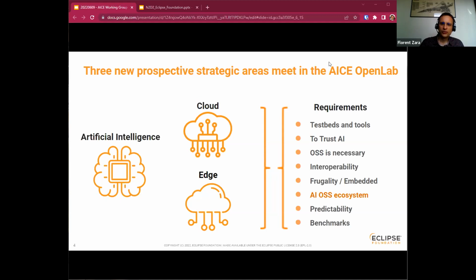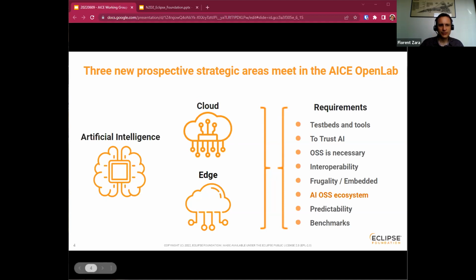And when you talk about edge, embedded and frugality are necessary also. They are almost inevitable when you talk about edge. This is why we want to do it in the open, in an open source ecosystem.